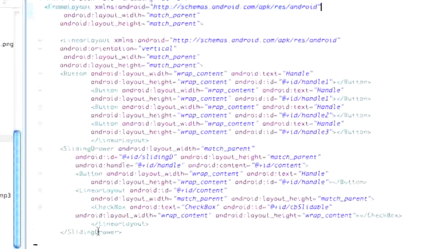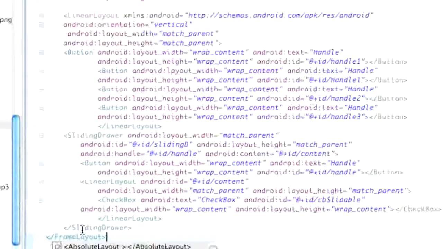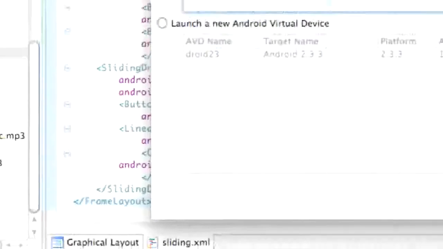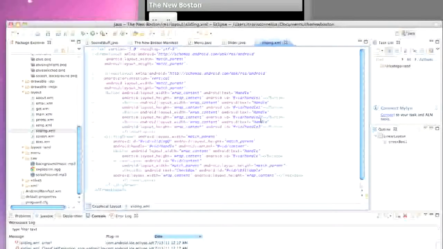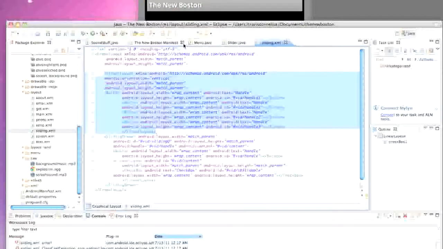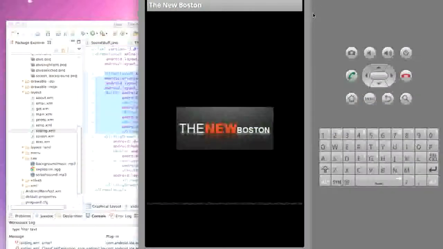So that's what we're going to set up here to encompass our whole class. And then we just have to close off our frame layout here below our sliding drawer. So now when we run our application, it's going to get buck wild. Basically, our linear layout still controls all of our buttons, but that's still within our frame layout, where it's like, hey, who really cares what you guys do? So as you guys see when we run this now,